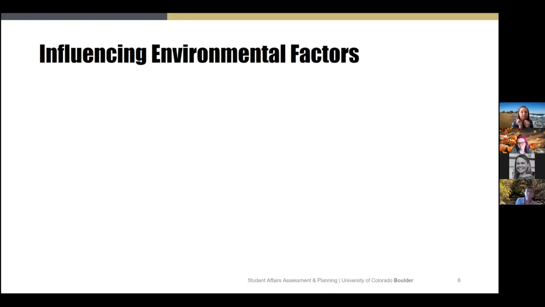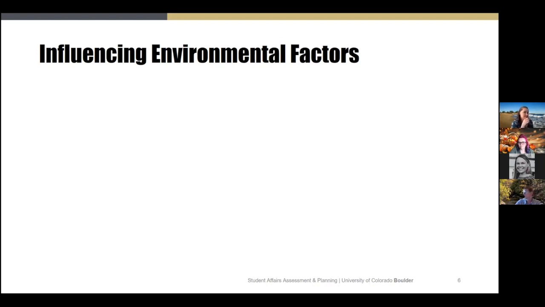Feel free to just unmute yourself and chime in or toss it in the chat. COVID, Ashley says. Yes, COVID. That threw everyone for a loop, right? We're going to talk a little bit about Schlossberg's transition theory soon, and that is a perfect example of needing to transition on the spot due to an event or a non-event in some cases. Homeschooling children, yes, having to take on more of those roles. So thinking about the adult learning theory,